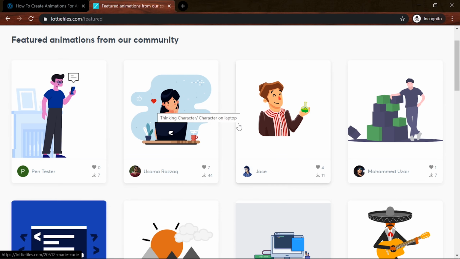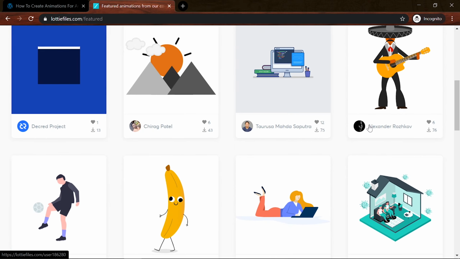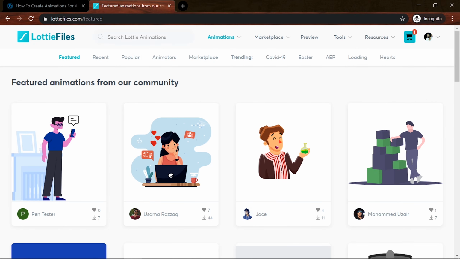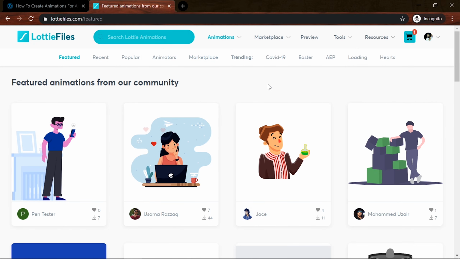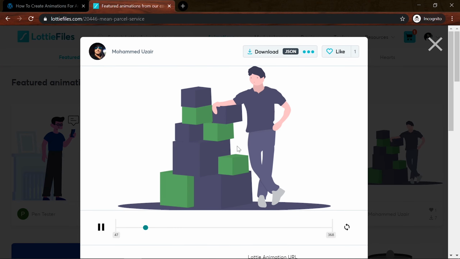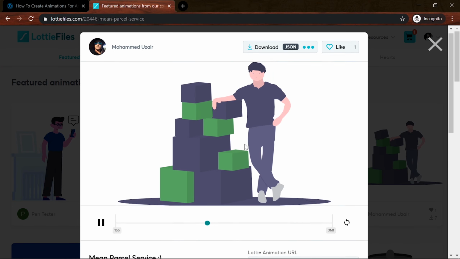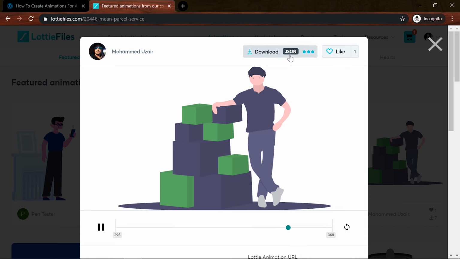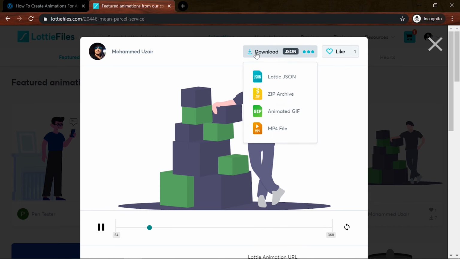Select the animation that you need. Here is the search bar, and you can search the animations. Click on the animation that you need. You can download it in four formats: JSON, zip, animated GIF, and MP4 file.